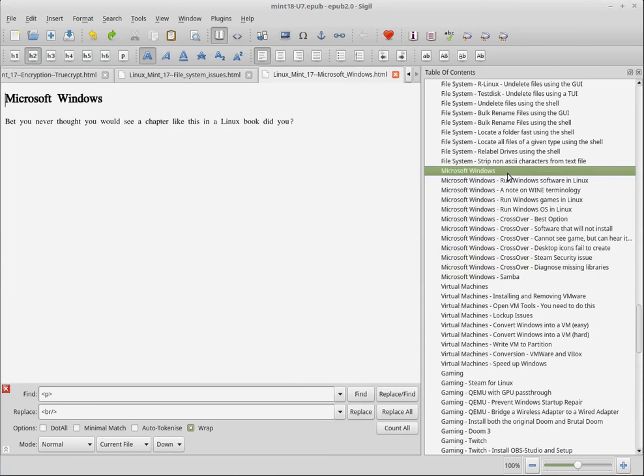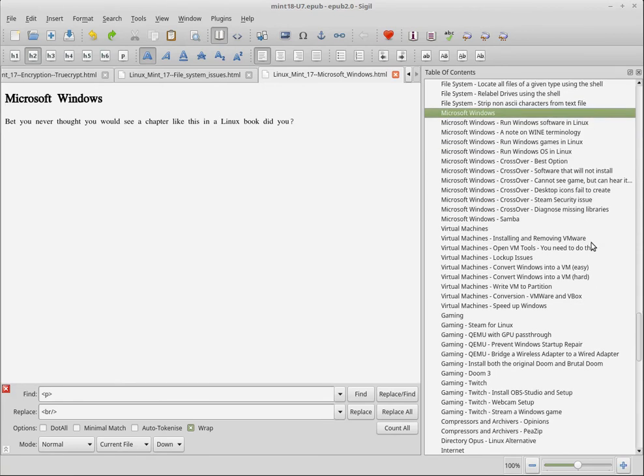Microsoft Windows. I cover Microsoft Windows for several reasons. Basically, you have an app that won't run in anything but Windows, so you can't get it to run in Linux. But I show you how to run Windows software in Linux, how to run Windows games in Linux, how to run the entire Windows OS in Linux, and I cover Crossover, a commercial version of Wine that is very nice and will allow you to run Windows